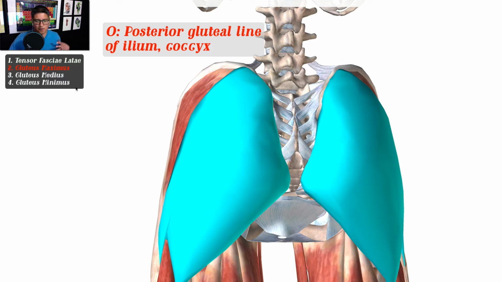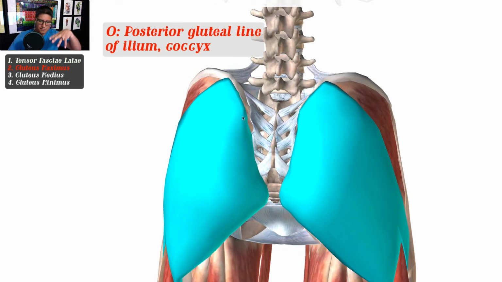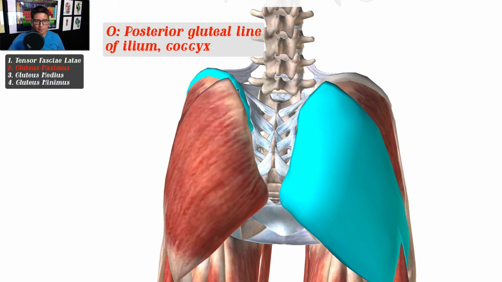As I mentioned before, all these muscles are stabilizing muscles for your core, for your trunk area, and even for the knee. Now, this gluteus maximus, as you can see here, our point of origin is all this area right here, okay? So we're talking about the posterior ilium. So here's our ilium, and this line that it's attached to is called the posterior gluteal line of the